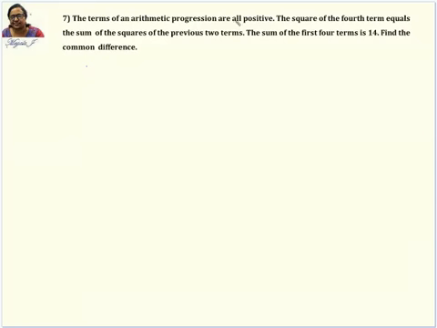So the first statement has nothing to do with that, correct? The first statement we have nothing to do, so just leave it. The second statement: square of the fourth term. So how do you write the fourth term? First thing you need is the fourth term, and then what else is required? We need the fourth term and the previous two, that is the third term and the second term. Okay. Now you tell me what you're supposed to do. How do you write this fourth term?